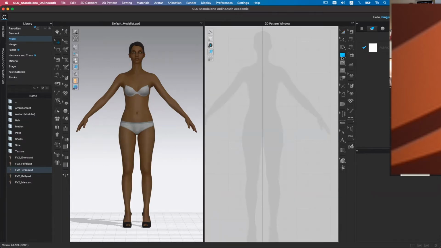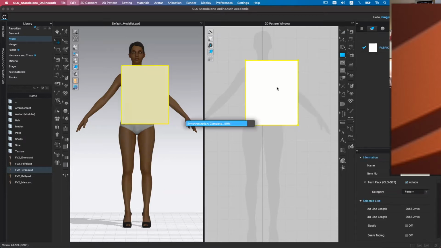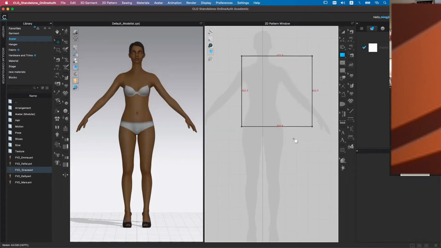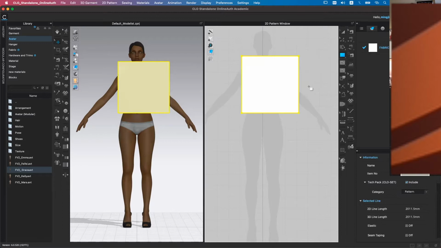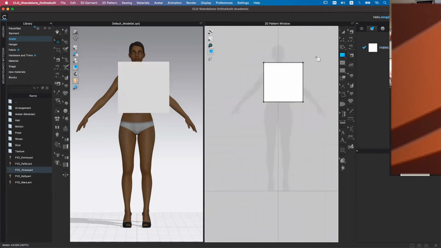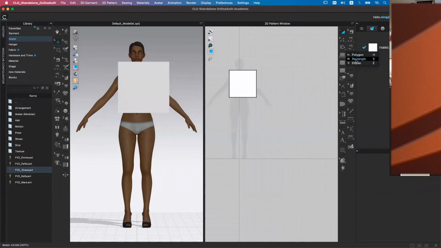If you click this rectangle tool, you can, of course, drag or move a rectangle freely to create a piece of fabric, or you can hold your shift to constrain the proportion of this rectangle and create a square shape fabric. And yeah, the next thing is that you use this rectangle tool, and then without